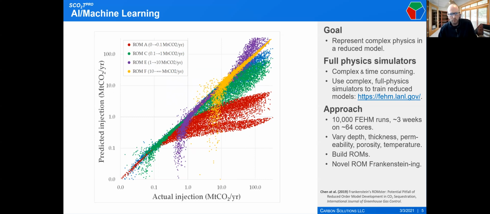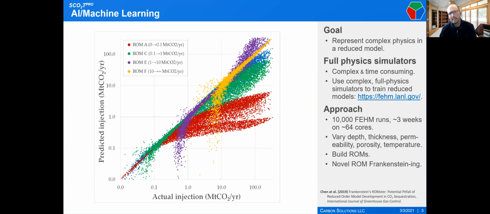And the novel way that we developed to address this, and you can see it in that Frankenstein's monster paper I have in the bottom right, is we break the solution space into multiple different injection ranges and reduced order models. Here we're looking at just 4, there's actually 7 in the Scott Pro currently. And what you can see is for each injection rate, they do very, very well for their specified rate they're